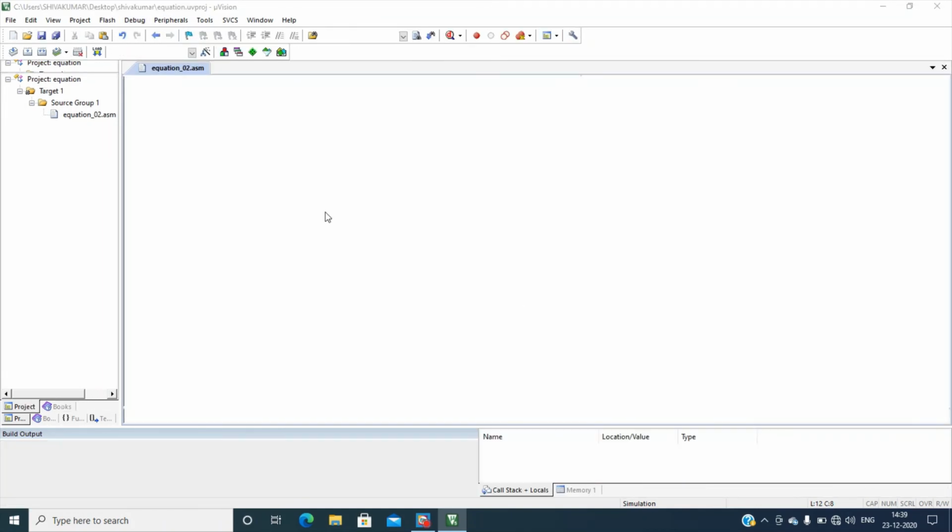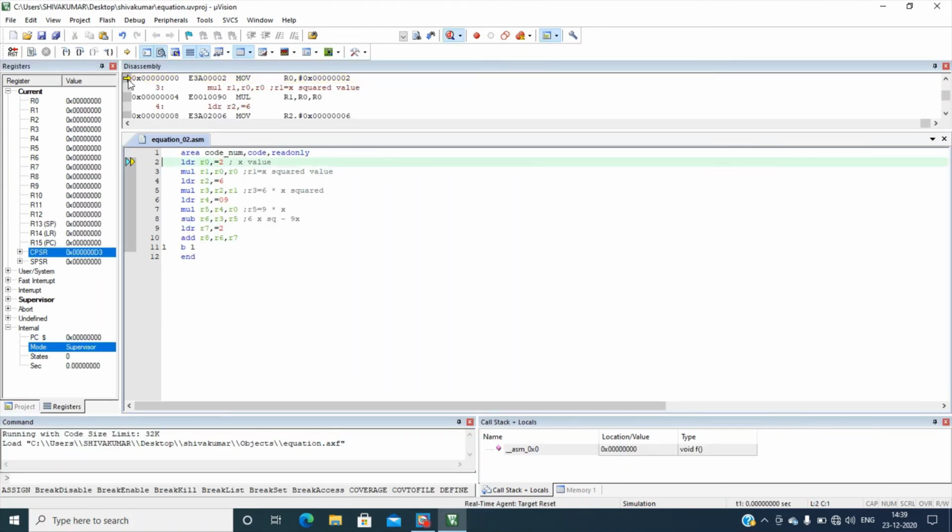Now go to step execution, and you can see the changes in these registers. If you want to verify, you have to convert these decimal numbers into hexadecimal format and check the values with the registers.